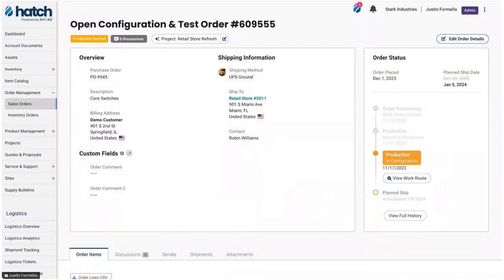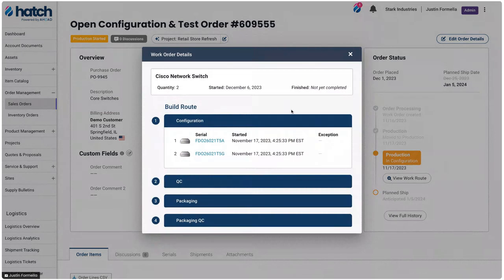Now, one of the cool things is on top of the software, we also have multiple integration centers in which we can go through and centralize a lot of the activity, pre-configuration, staging, kitting, holding inventory for rapid deployment. And in this case, we can see that we have 2 units that are in a configuration stage right now.